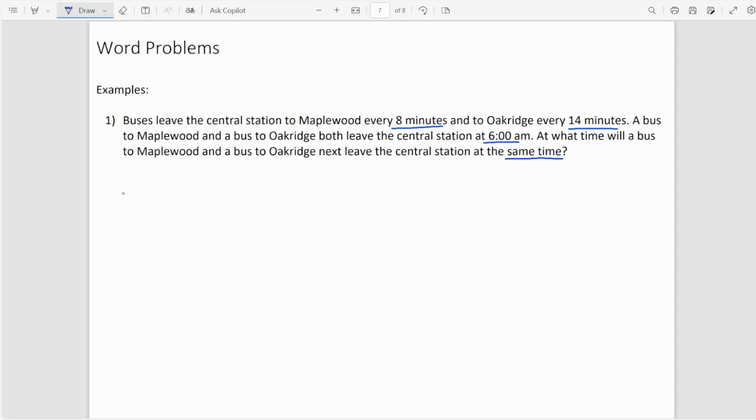So we have a bus to Maplewood and a bus to Oak Ridge. The bus to Maplewood leaves every 8 minutes, and we know that they both left firstly at 6 a.m. All right, so it's a common time they left. So when is the next Maplewood bus going to leave? It's after 8 minutes, so 6:08. And the next one again after 8 minutes, so